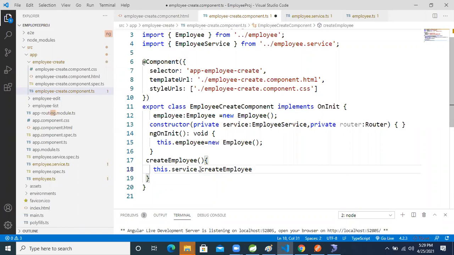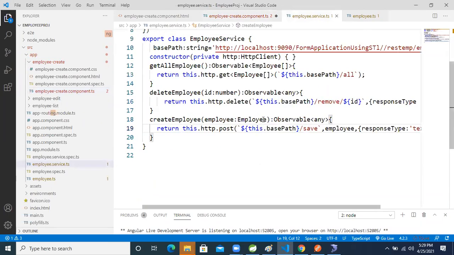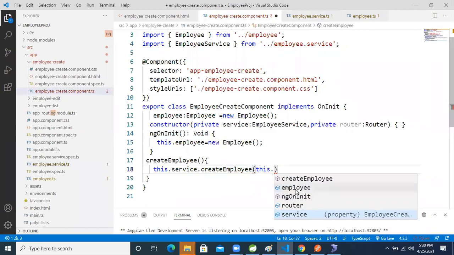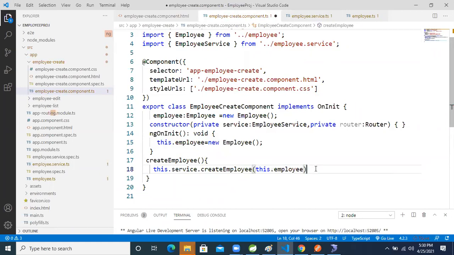In the service class, this method is sending data also, and it is an argumented method that takes an employee object. So we have to pass this object, the employee object we already created, this.employee.